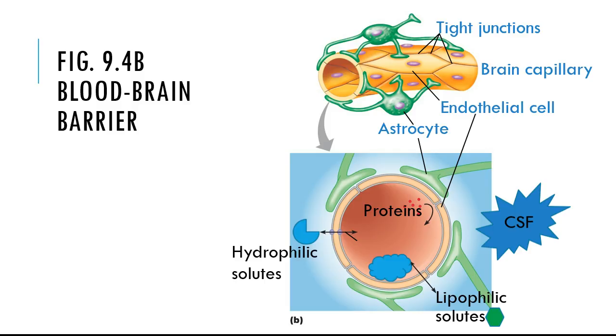Something else that you could draw here that is too big to be filtered out into the cerebral spinal fluid are your big red blood cells. Your red blood cells are almost as big as the entire diameter of the capillary itself, which is good. We don't want red blood cells pooling on our brain. What would that mean? Hematoma. You have blood on the brain, which is bad. So we want to keep the red blood cells in the capillary. They're even larger than this protein. They take up the whole thing, and they're going to stay circulating through the blood.